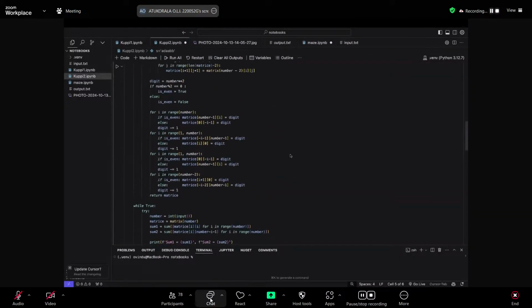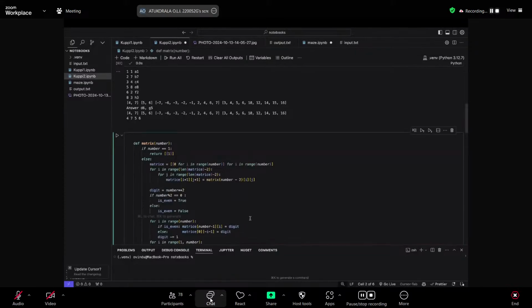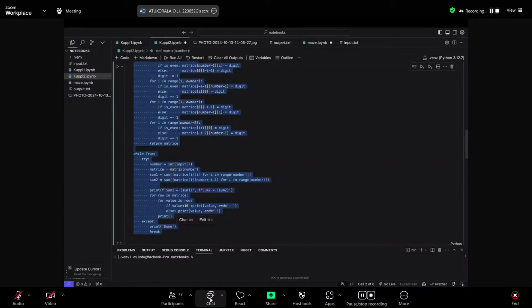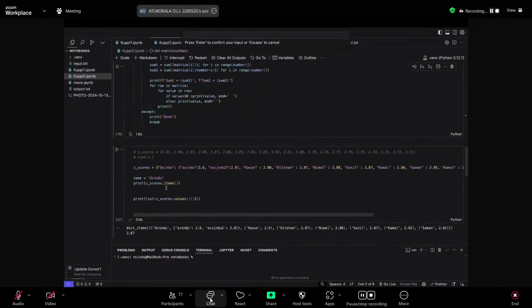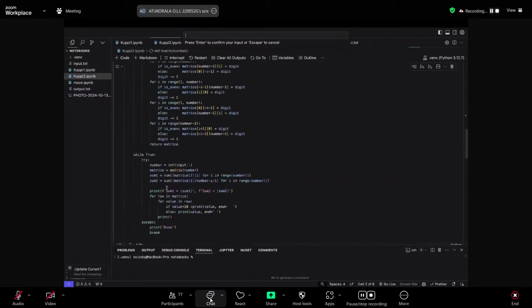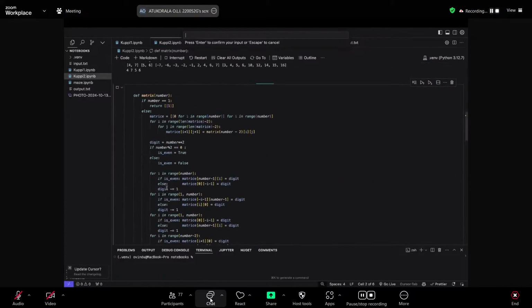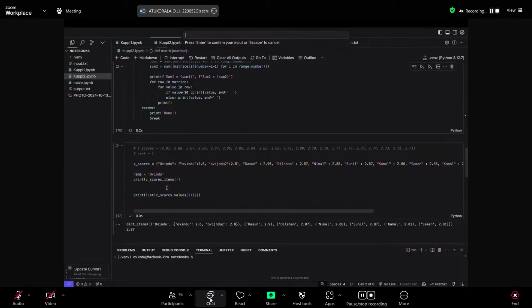Yes, this is what my code was for spiral matrix. I don't call the code.